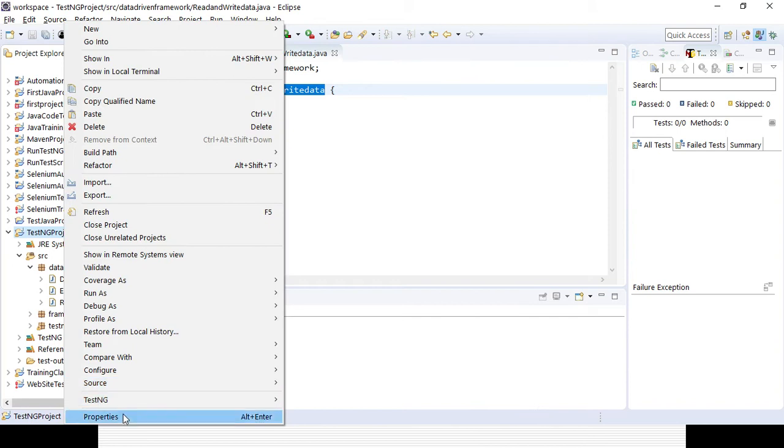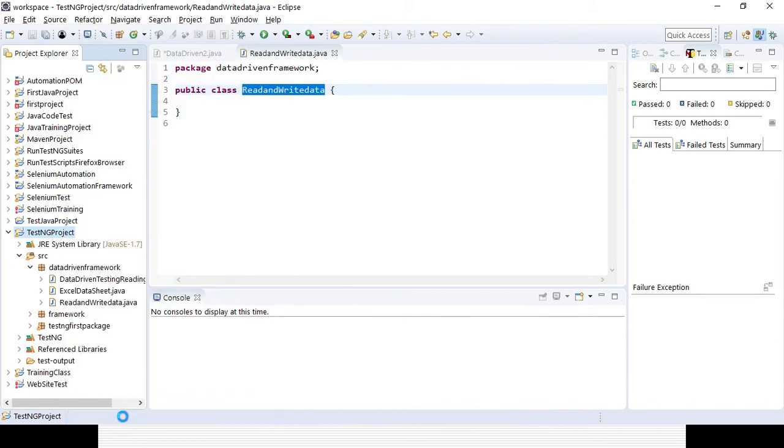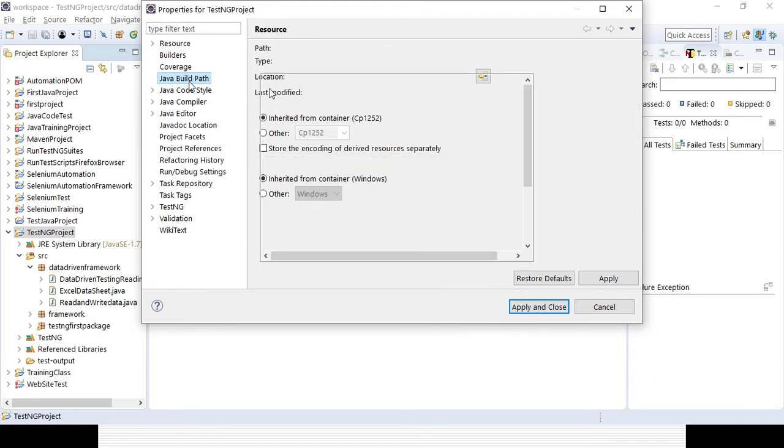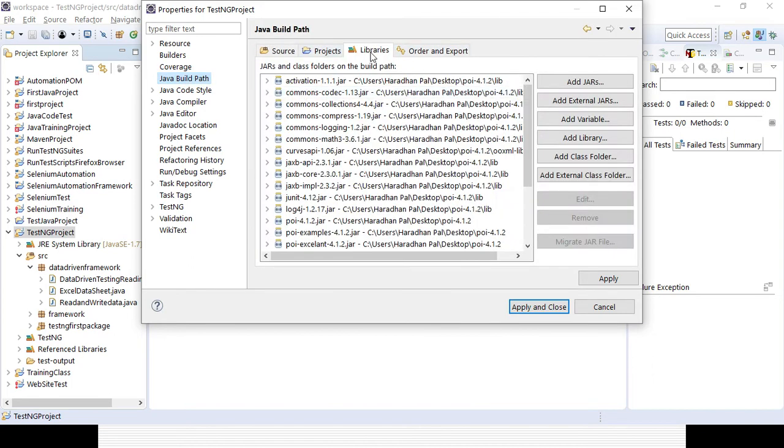So you can see you need to click on the properties option, and here you need to go to the Java build path. If you select the Java build path option, you need to go to the libraries, and if you want to add external jars, you need to click on that.